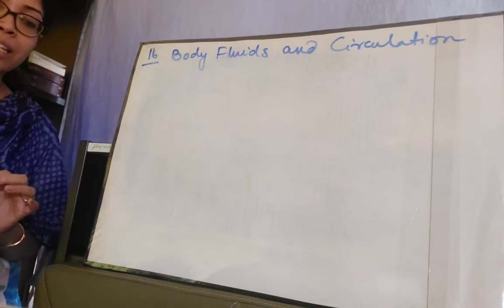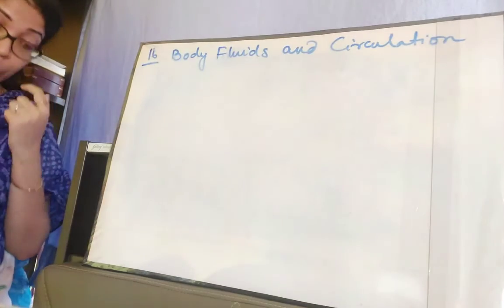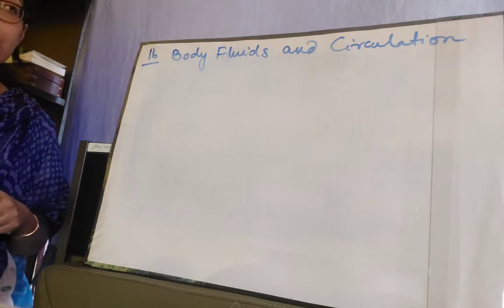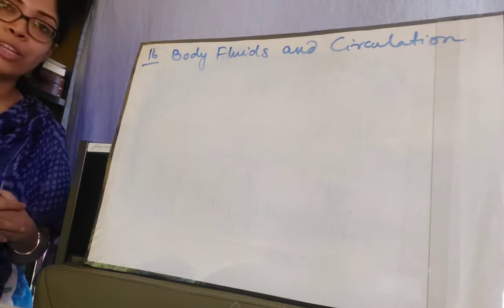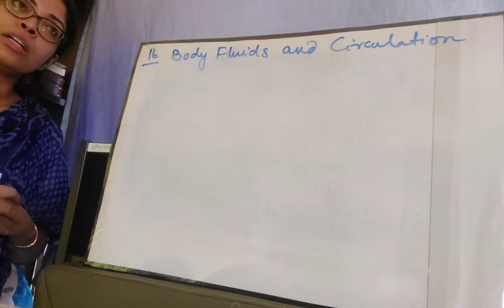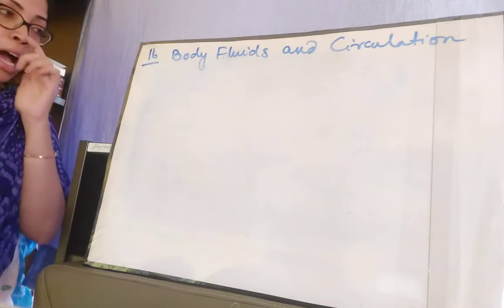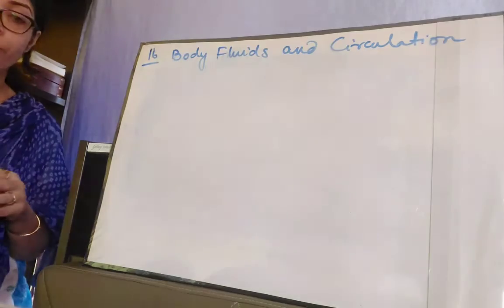I started with red blood cells, and I have discussed its structure, shape, characteristics, lifespan, and why it is denucleated. You also know erythropoiesis, the process of formation of red blood cells. So all these things are done. I think I have also told you the main functions of RBC.